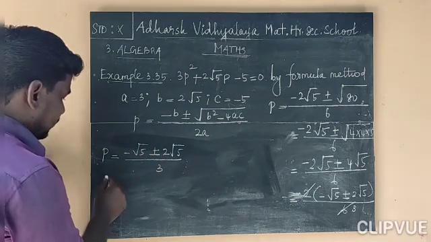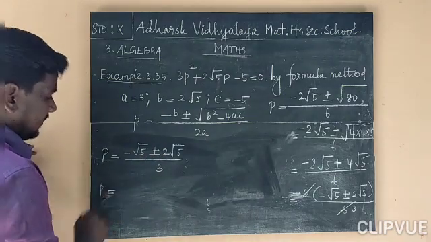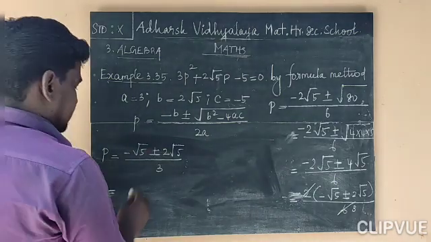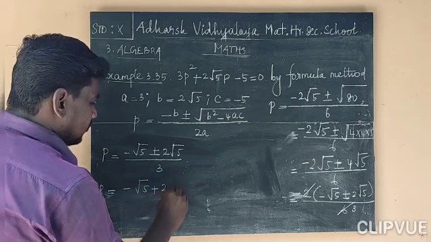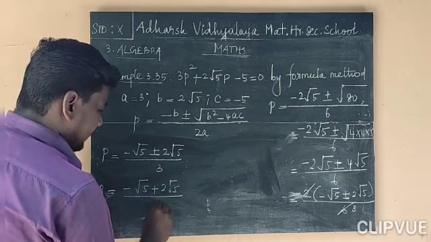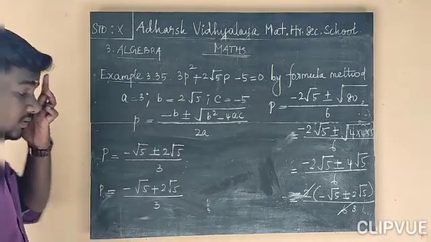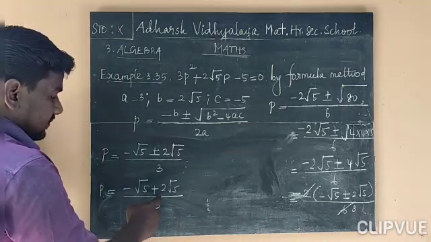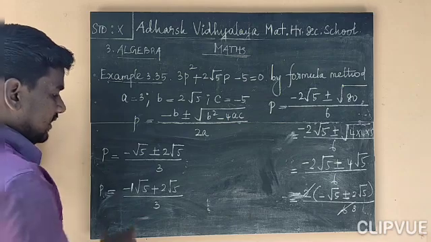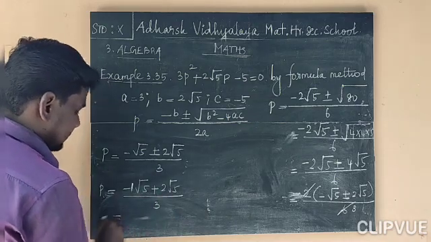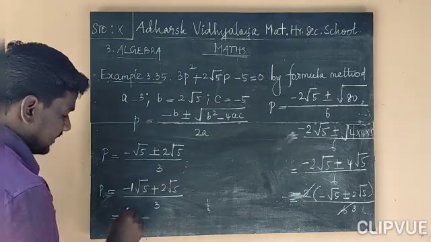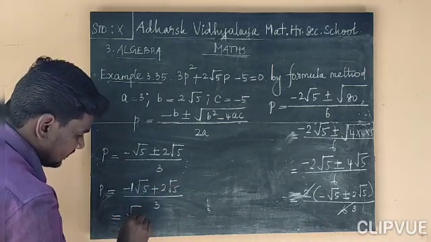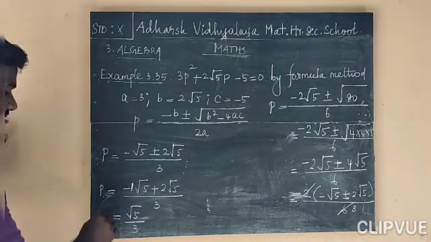Okay, so case 1: P is equal to, first plus means, minus root 5 plus 2 root 5 divided by 3. So what do we have? Here minus, here plus, here minus 1 time root 5, here 2 times root 5. So we can subtract this 1 from 2. So what do we get? Root 5 divided by 3. This is